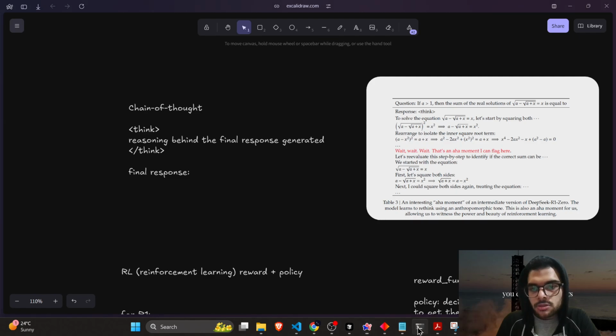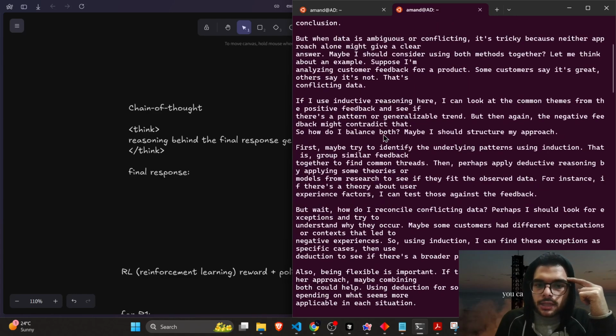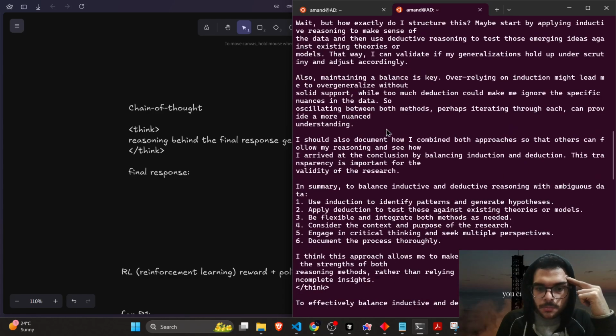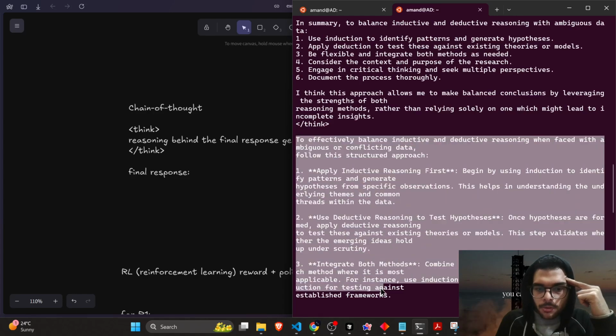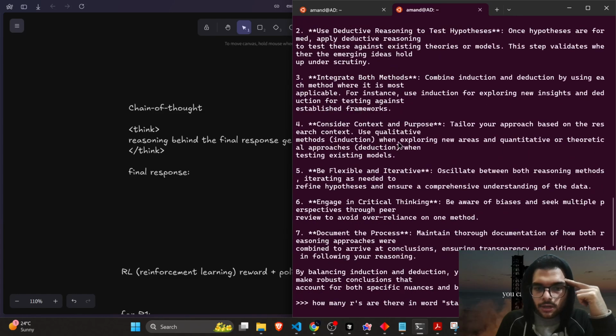If I show you the outputs, here I ran a distilled DeepSeek model, 14 billion parameters. Here I asked a question, then it thinks about it, and finally it stops the thinking, and then it generates the final output like this. The think block ends here, and then the final output is there.